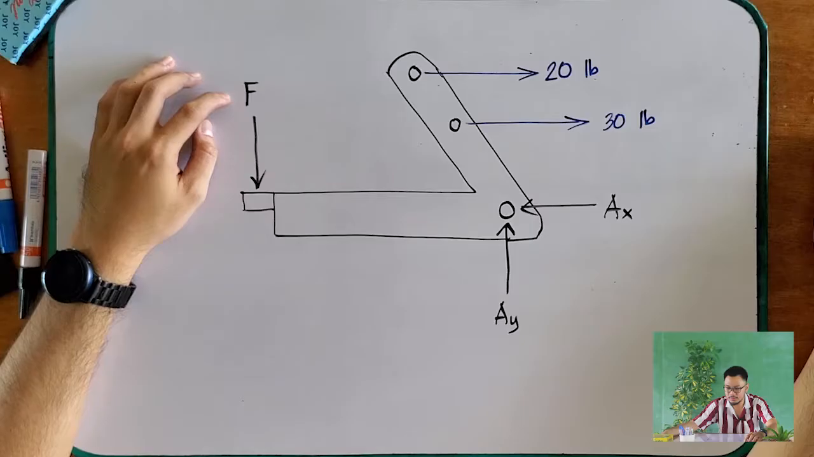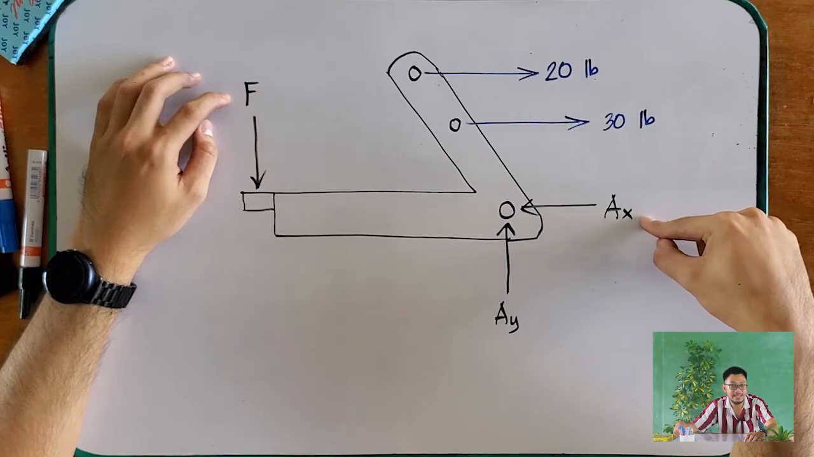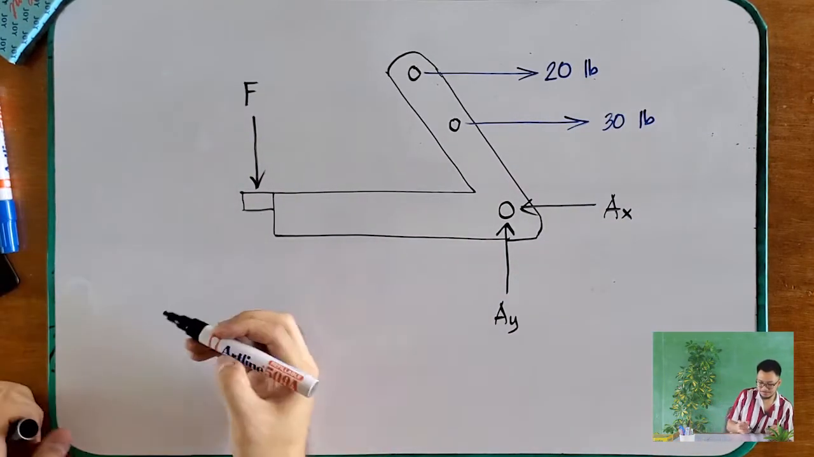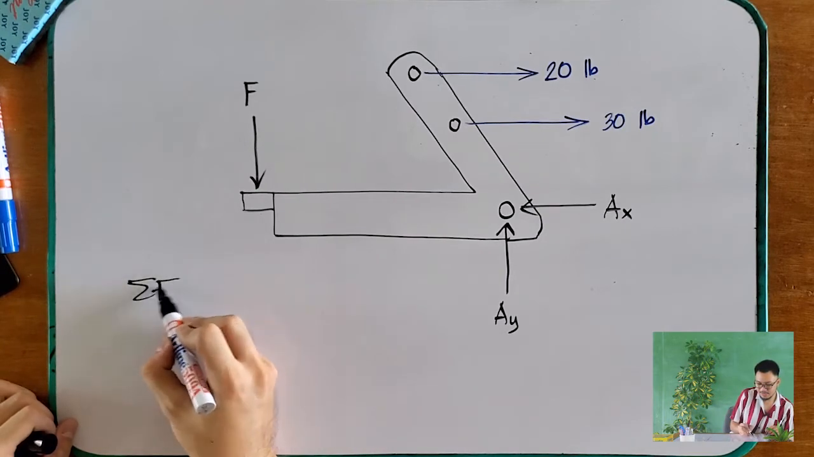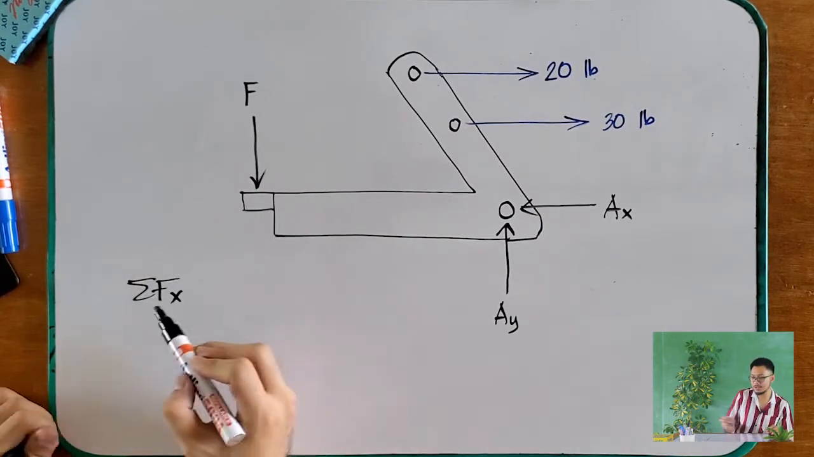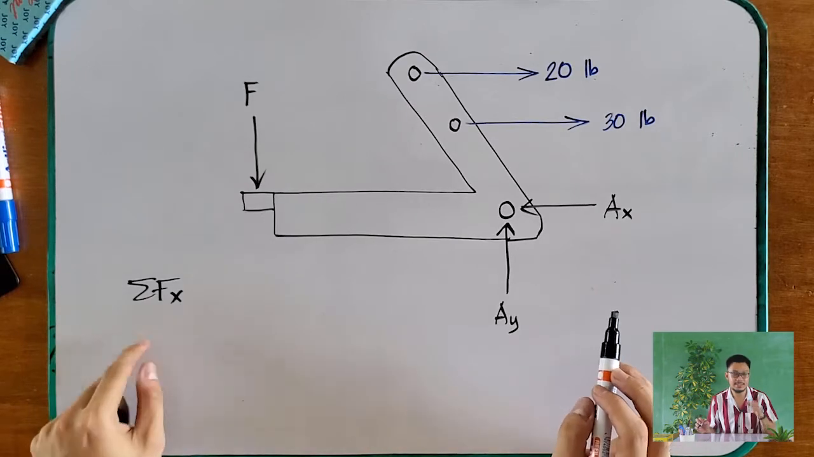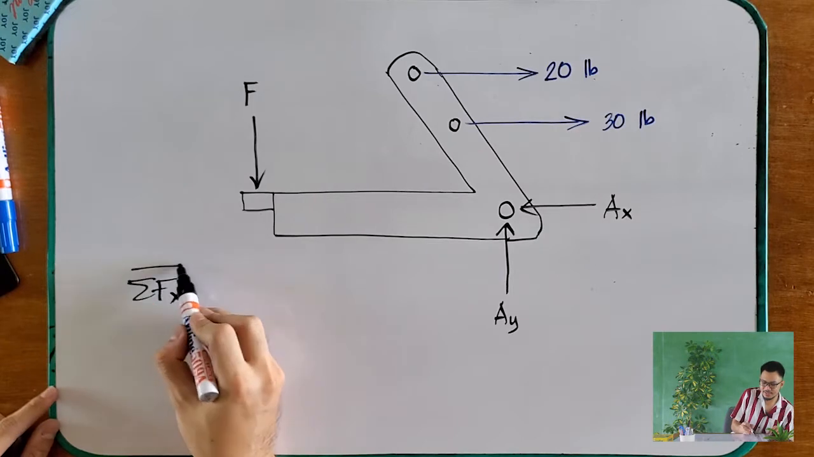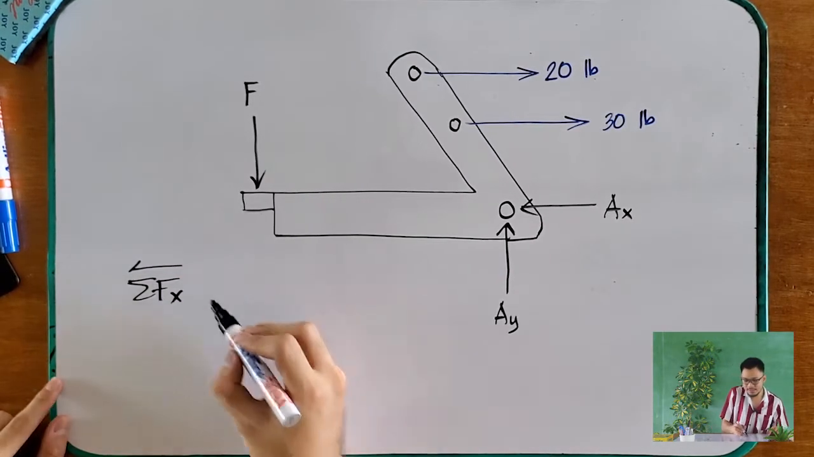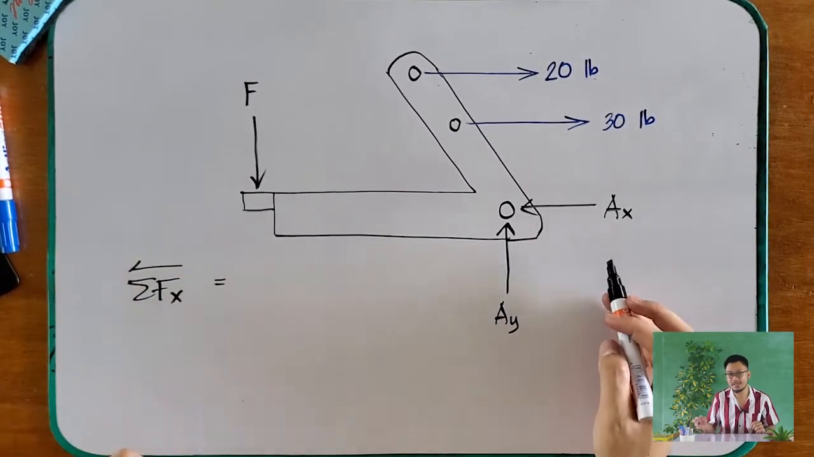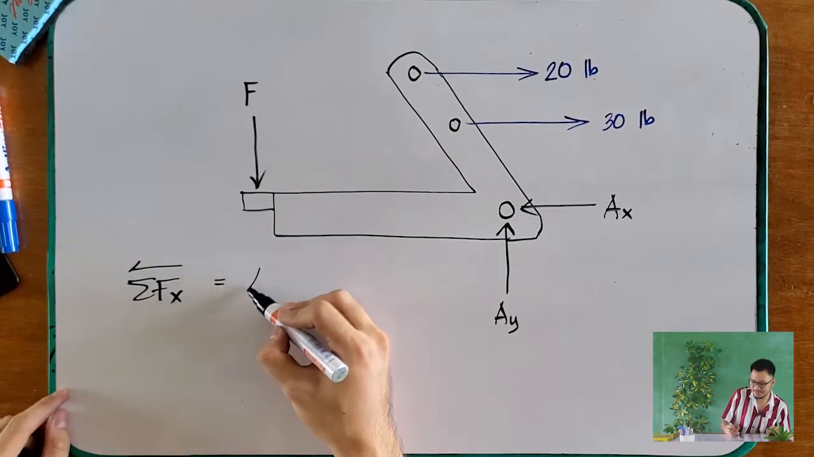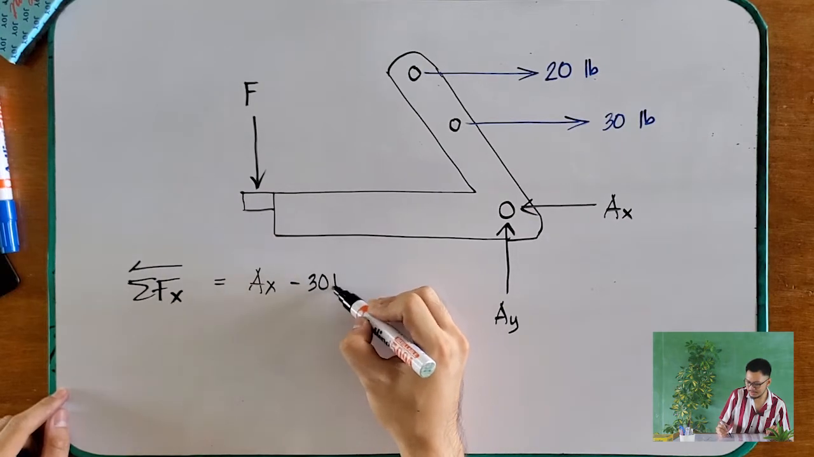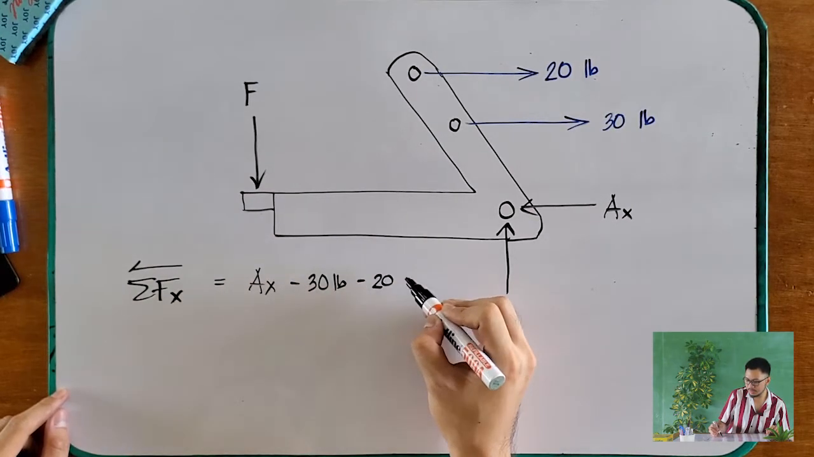First of all, we can just easily identify your AX. How can you identify your AX? If you are going to sum the forces along the X, and let's assume, di ba, kung mag-sum ta og forces sa atong X, mag-assume ta og positive nga direction. Ako i-assume nga positive direction is going to the left. Okay? So therefore, ang mga forces nga going to the left mo-positive, so AX minus 30 pounds minus 20